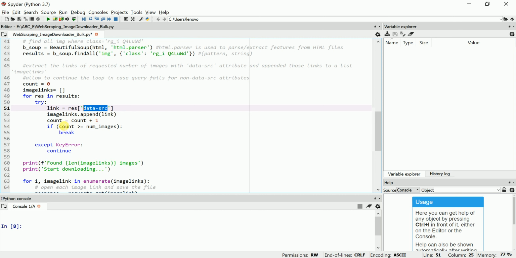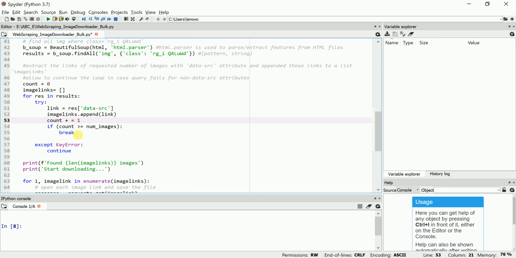Then, once the link is appended, we increase the count to find the next. You can write this function as count plus equal, something like that. I can show you. You can write plus here.